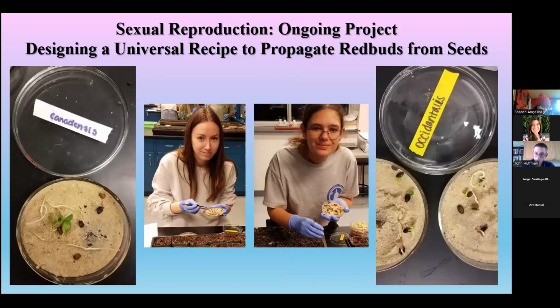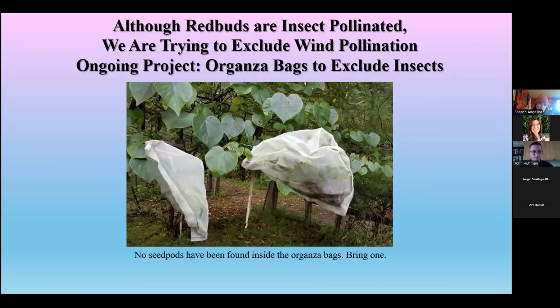We in the lab have, with the help of undergraduates, of which, as you can sense, I'm very fond, increased the likelihood of reproduction through seeds, and sexual reproduction tends to be associated with the presence of seeds. Another of our projects is to ask the question, is it true what someone said that wind can pollinate redbuds? And I have been doing this experiment for